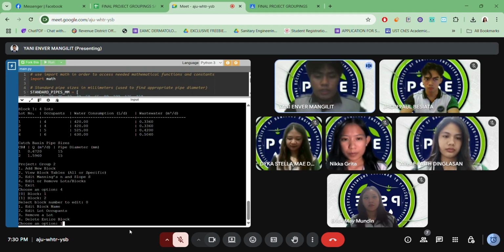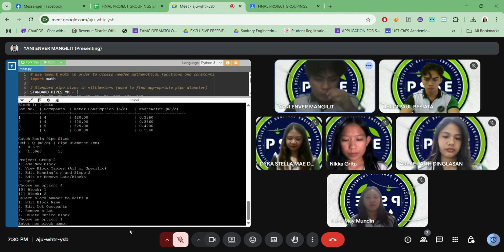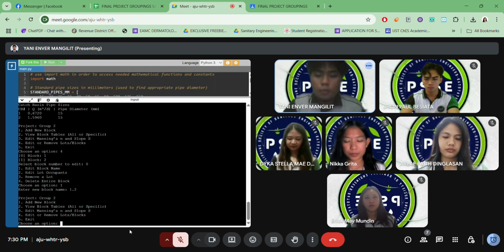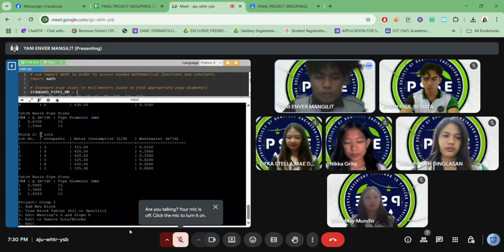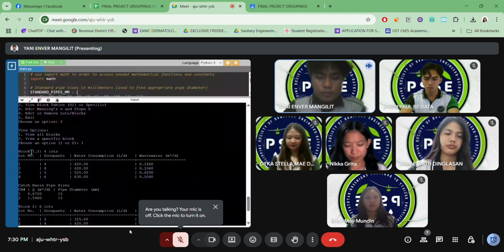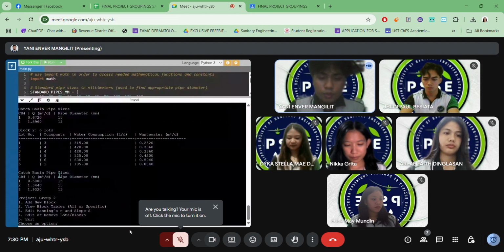Let's say you want to edit a block name, so option 1, then it will ask you which new block name you want to use. Then let's say 1.2. Then to see if it changed, just press option number 2. Here you can see the name changed to 1.1.2.